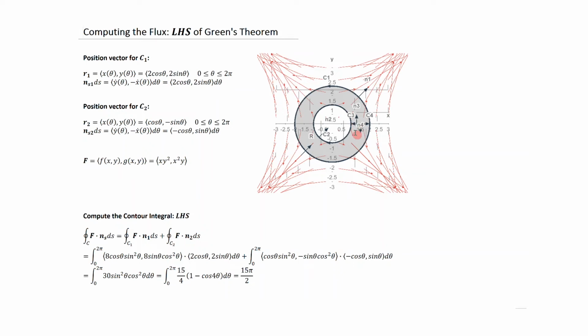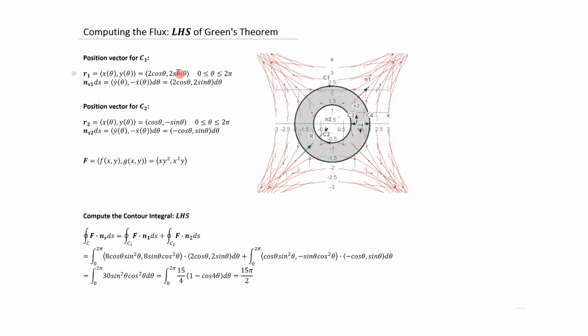So what we need first of all is a position vector for C1 and a position vector for C2, from which we can then do the necessary calculations. For the position vector for C1, the radius of this circle is 2, so the simplest parameterization will be 2 cos theta, 2 sine theta, where theta varies from 0 to 2 pi. As theta advances, the position vector will move in a counterclockwise direction, which is what we want, and so this is the correct